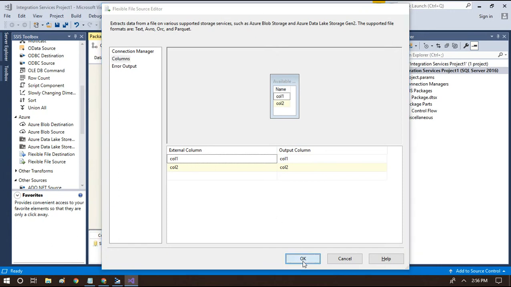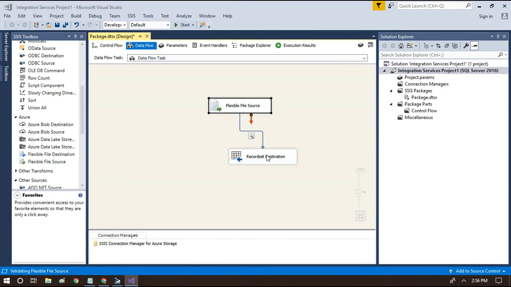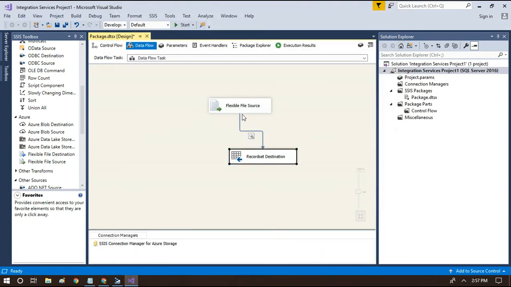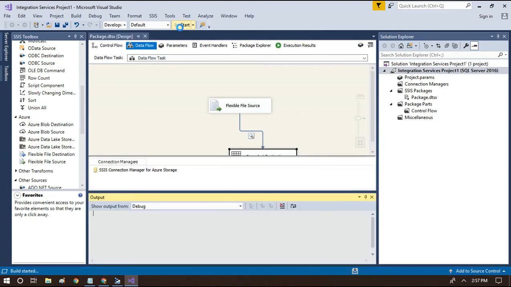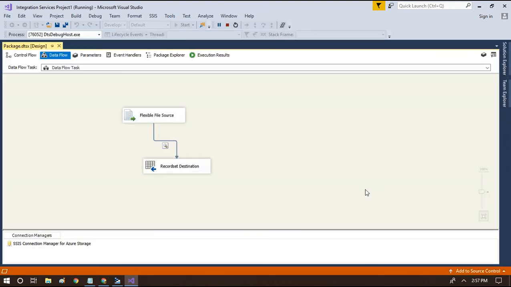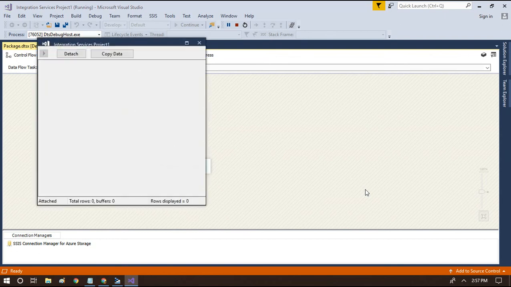In order to test, I have added a record set destination. In this I have added one object variable. This is nothing but an object type variable wherein I am going to receive my records from the source. This is a data viewer that I have added in between to just view the records. While it is being moved, I just wanted to check if the data coming in is correct or not. So for that I have added a data viewer. It is as simple as that when we use the access key authentication method. If it is service principal, then we'll have to do certain more steps in order to make it work. I'll touch upon that a little later.